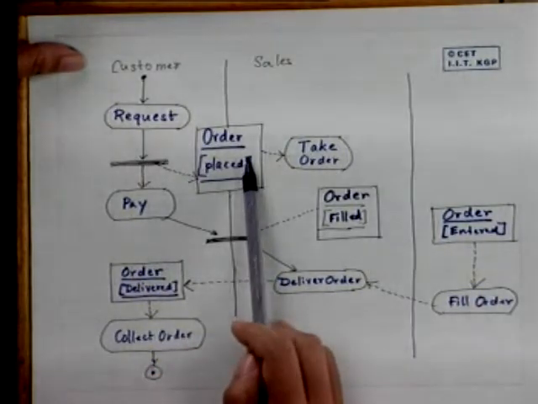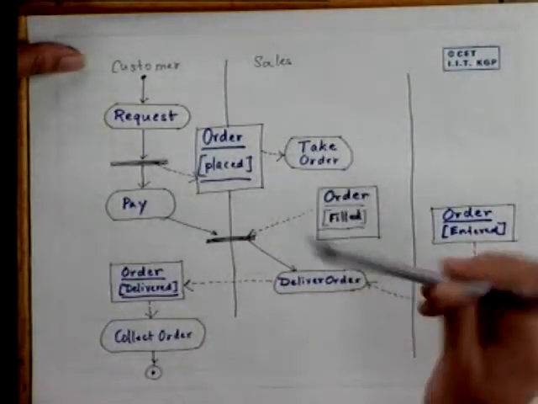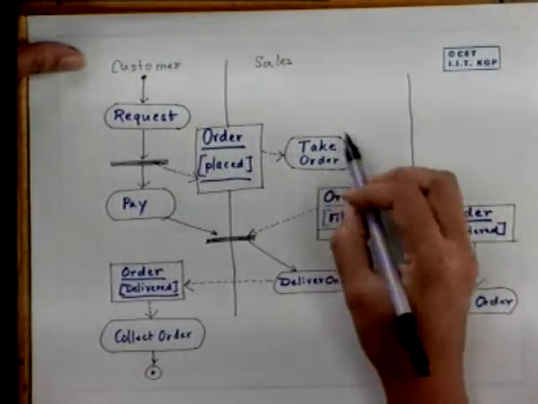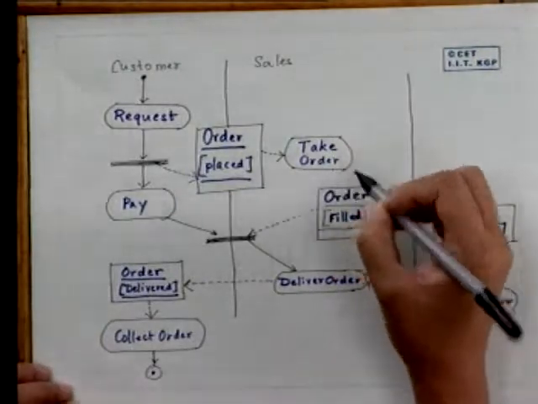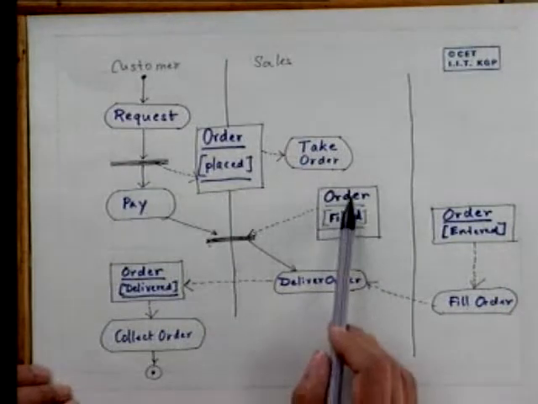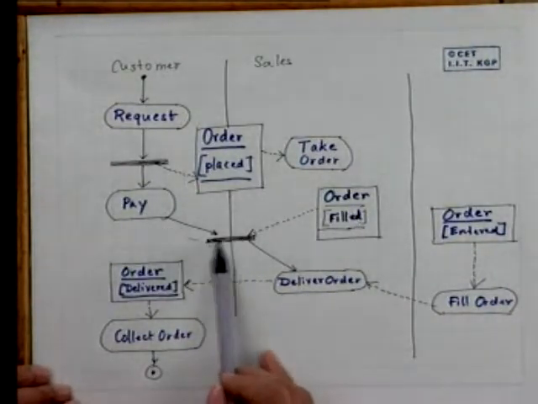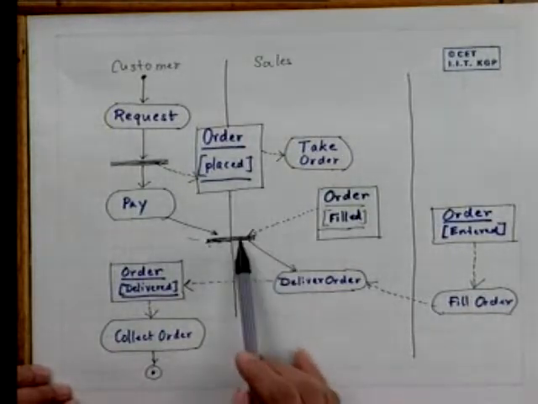The order object is fed to the take order action state, and then this pay and a filled order is joined here at this juncture,